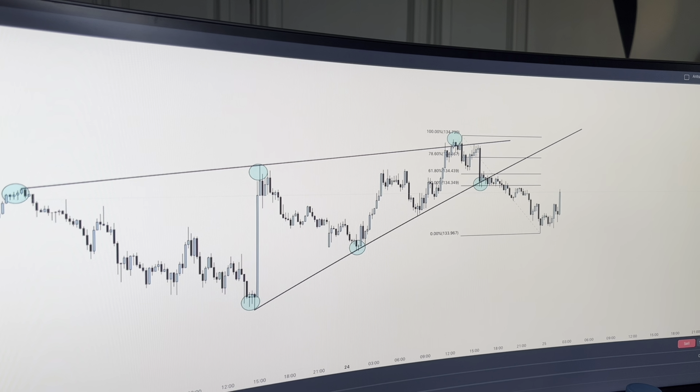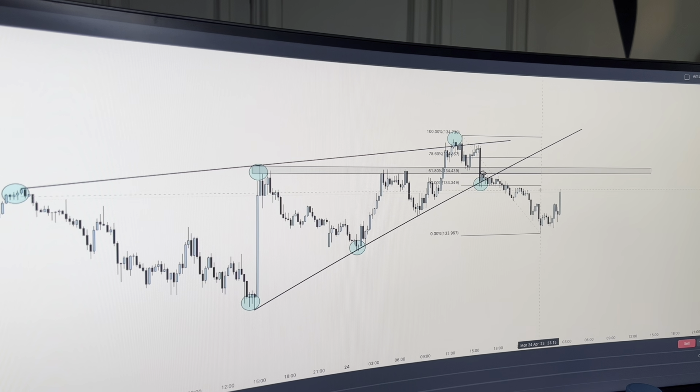But now we look at the 61.8 again, and it lines up with not only this level of resistance here, where we can see that price tried to move up and then we stepped into the market there, but also if we look over here with this level and this level, if we were to draw a zone through there, we can start to potentially determine a chart pattern. And what is this chart pattern that could potentially be forming? Well, it's a head and shoulders pattern. Now, head and shoulders is a bearish reversal pattern. It shows us that price is shifting from bullish momentum to bearish momentum,